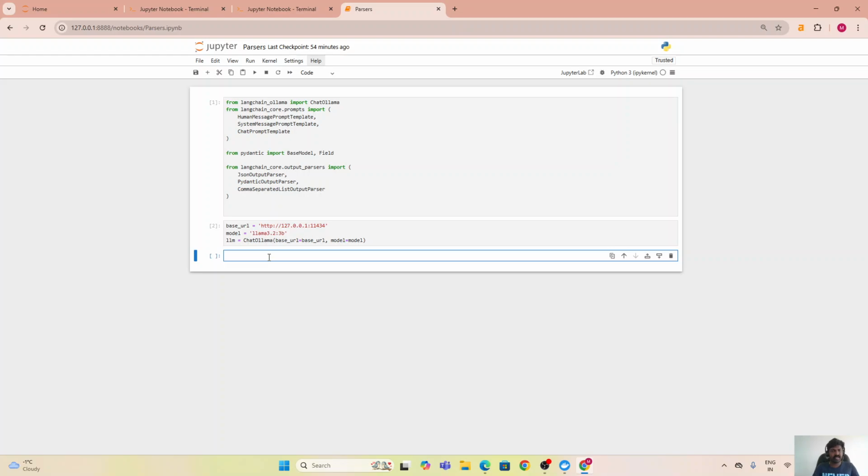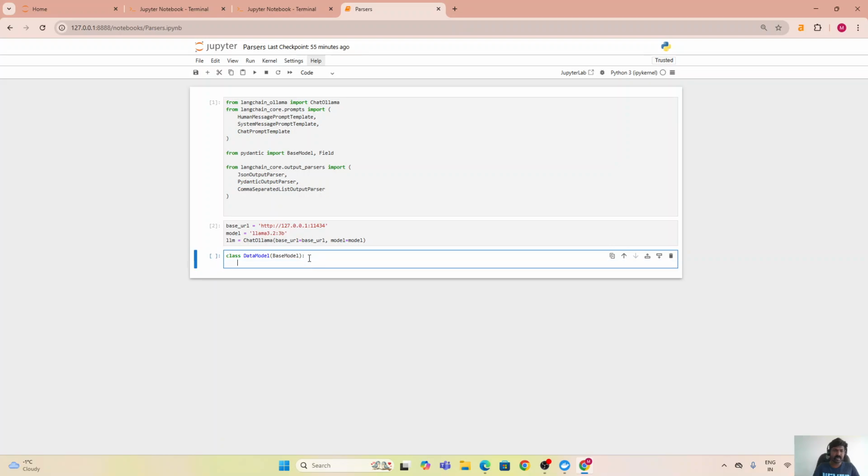Our next step is going to be the creation of a template. But before that, let's do this exercise. Here we have Pydantic, and here we have the BaseModel and Field, right? So let's create a class, let's say DataModel. Inside this DataModel, I'm going to use this BaseModel. In this, what we are going to do, let's say name,